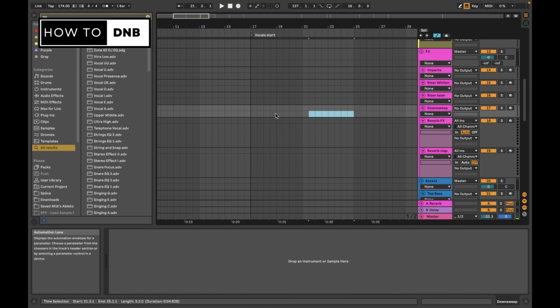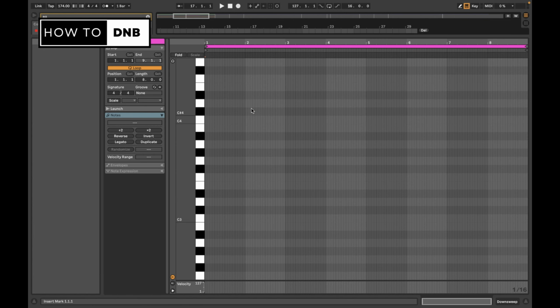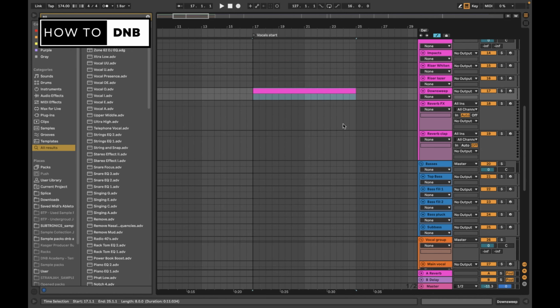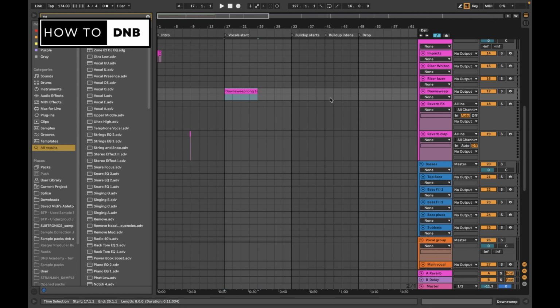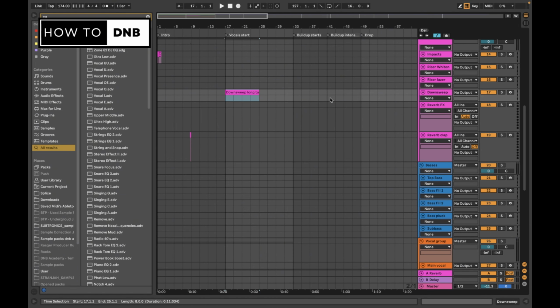So it actually sustains through almost all of that first part of when the vocals start. So we're just going to make this here, and we're going to call it down sweep long tail. Likely what's happened here is they've taken a traditional down sweep, like a white noise riser type thing, but they've just made the tail a lot longer. So they've probably let it come in full force in the beginning and added a reverb tail somewhere along the way to elongate a lot of that noise. Probably something like that. This will probably keep coming in through the rest of the song. So we'll see about that.